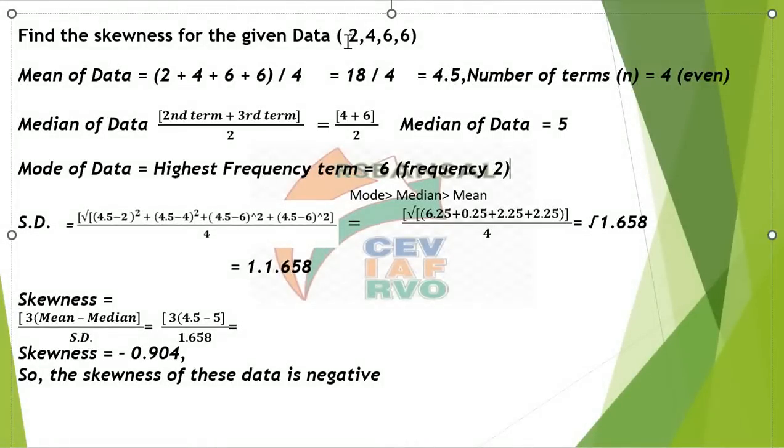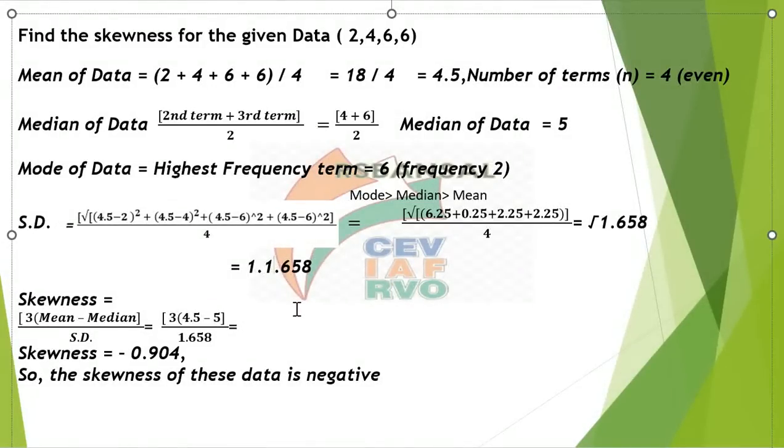5.4 minus 2, you can do either. 2 minus 4.5, because you are squaring, it will not make any difference whether you take it as 2 minus 4.5 or 4.5 minus 2. So in this way you know how to calculate standard deviation. Variance comes out to 1.658, and if you take its square root, 1.1